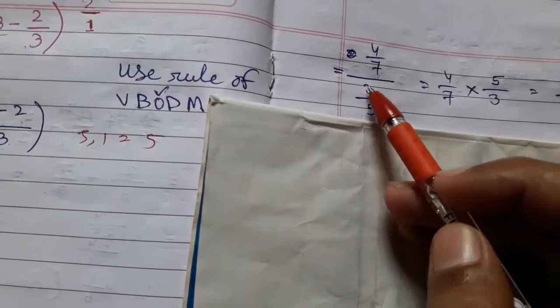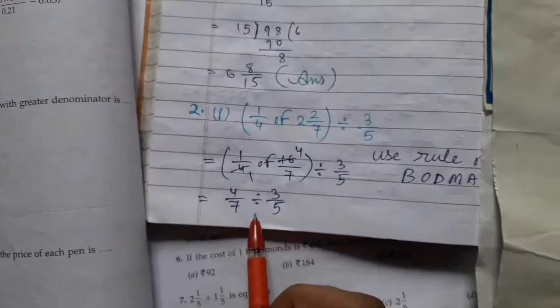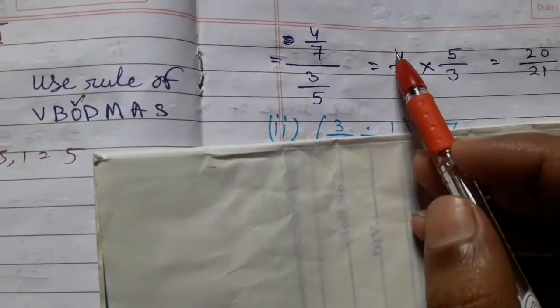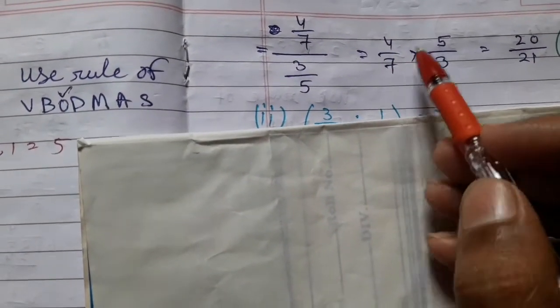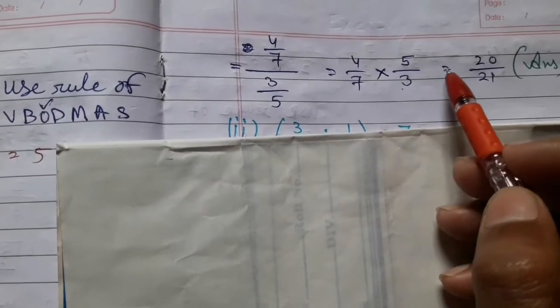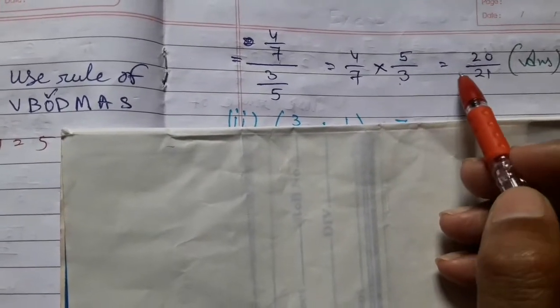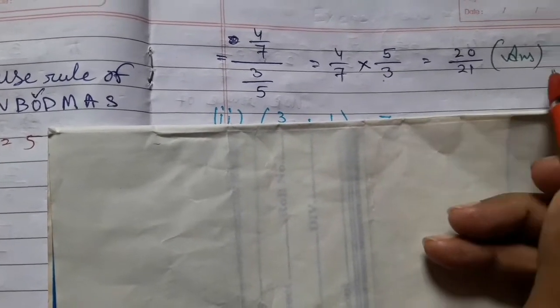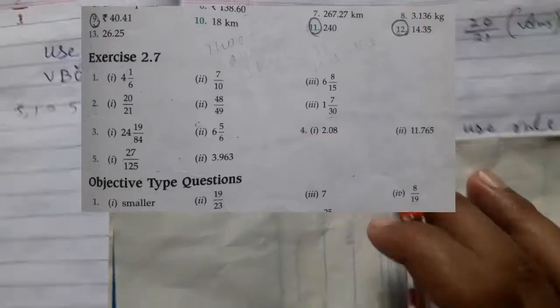next 4 by 7 divided by 3 by 5, that is divide, and reciprocal it. Next step, 4 by 7 multiply 5 by 3, reciprocal it. 4 5 is 20, 7 3 is 21. Okay, answer. Next,